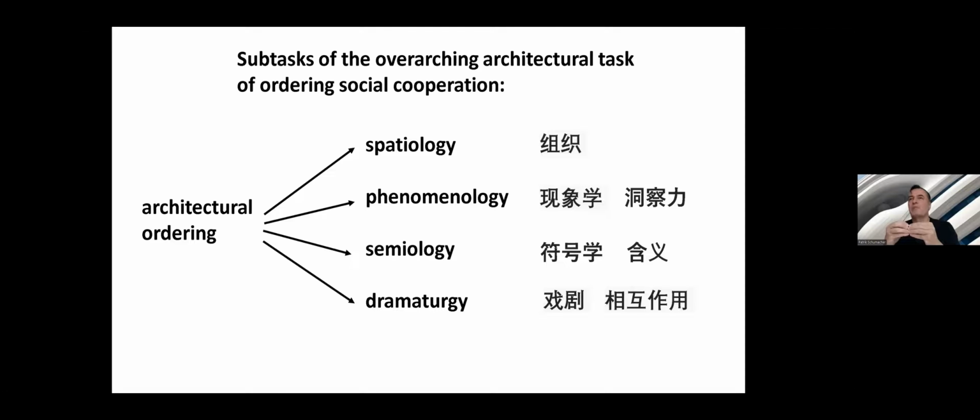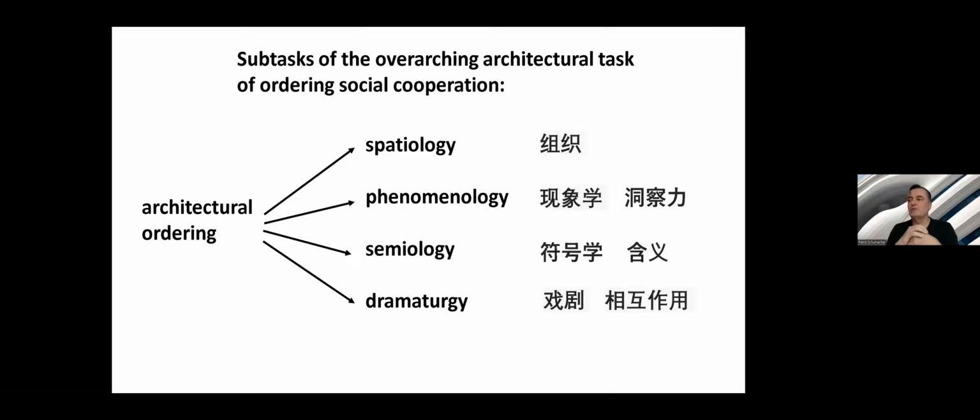We need to be developing the repertoire specifically. Phenomenology is worried about the visibility and perceptual tractability of these complex environments. Semiology has to do with the social meanings which we attach to all the different locations and forms we encounter. And then dramaturgy is the new concept I brought in recently, particularly in respect to metaverse spaces, which I believe are fully within the core competency of architecture, by the way. So when I'm talking about architectural ordering, that is ordering in physical space and in virtual space.